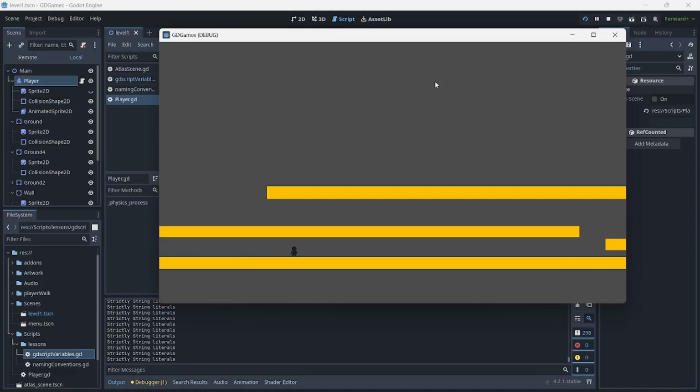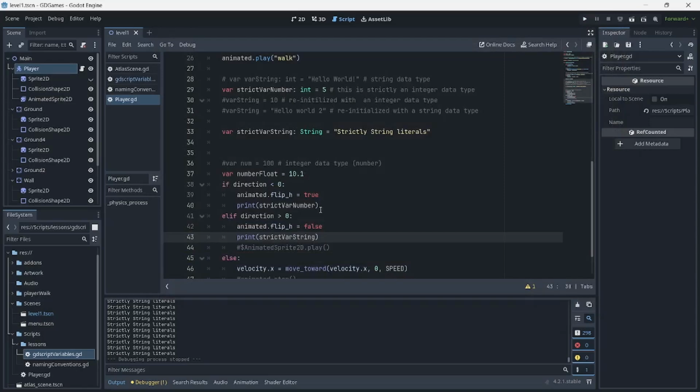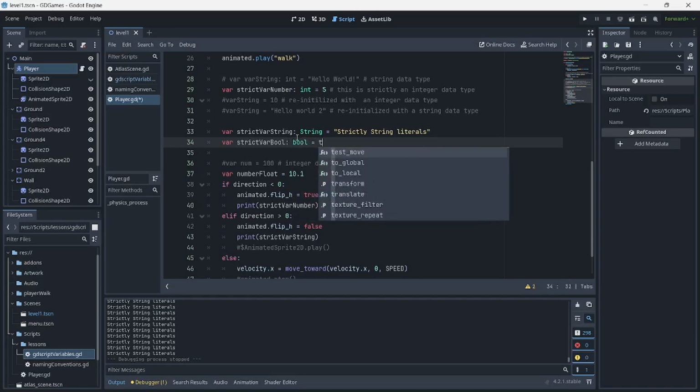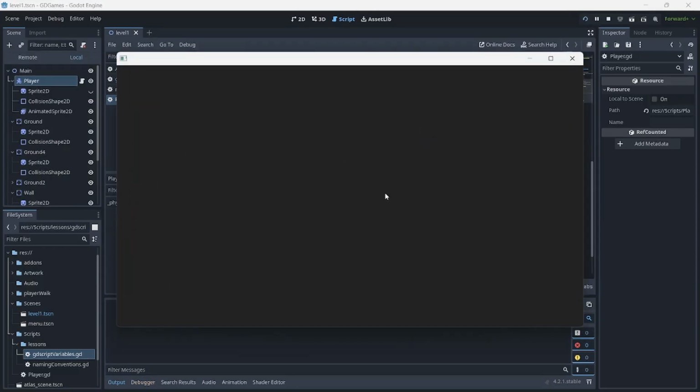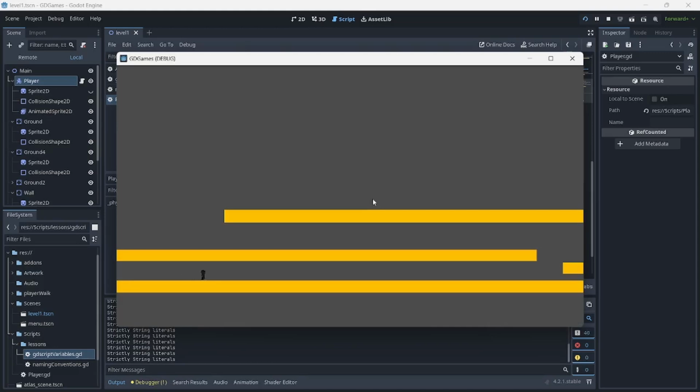And I think we can also use boolean here. So let's have var strict, and of course you can shorten this, guys. This can be strict var bool, and again you can use the keyword boolean to say that this is going to be true. And can we use this now instead of this? Will this work? Let's check this out. Supposedly, if we move here, we should be able to flip, right? Let's see if that will be breaking anything. And if I go strictly string literal, it's still working, as we can see here.